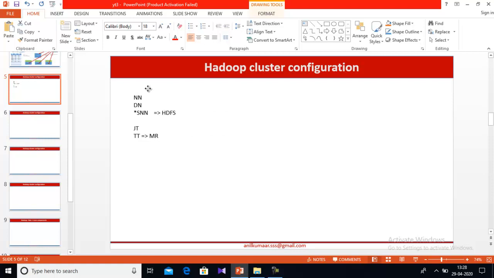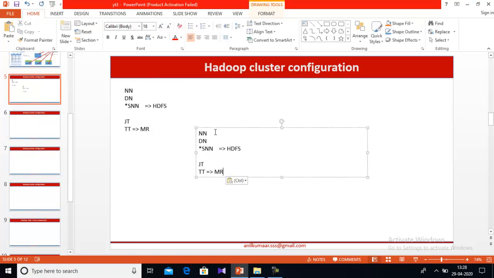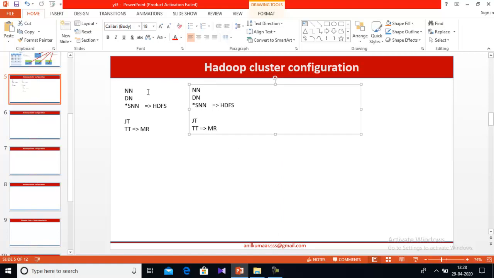So this I am referring to as generation 1. Let me write here, this is what I am representing as generation 1. Now this is about